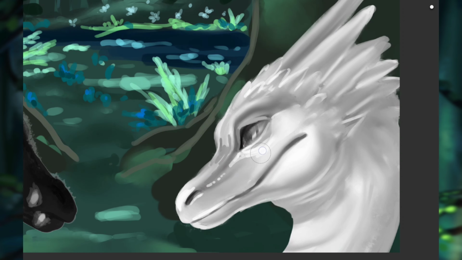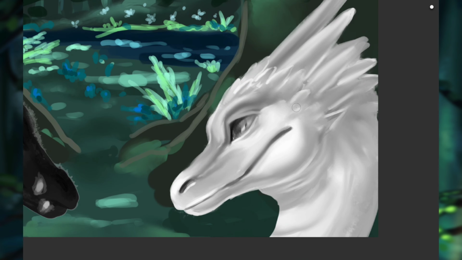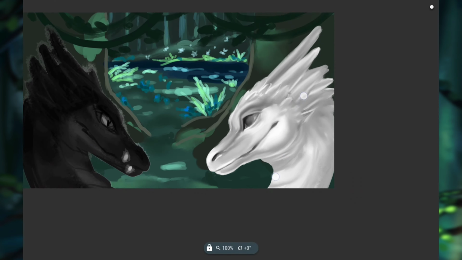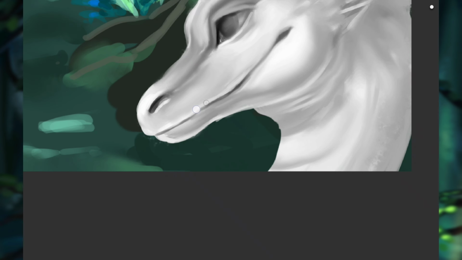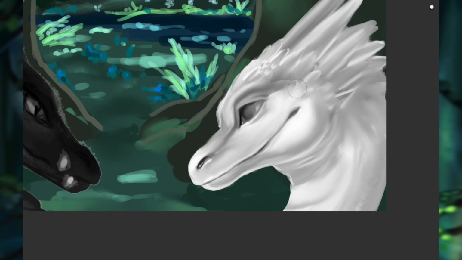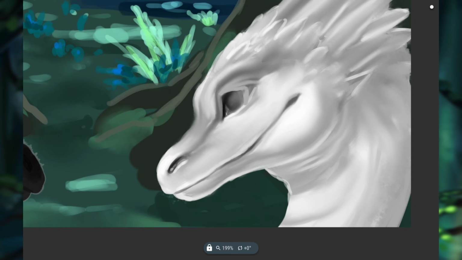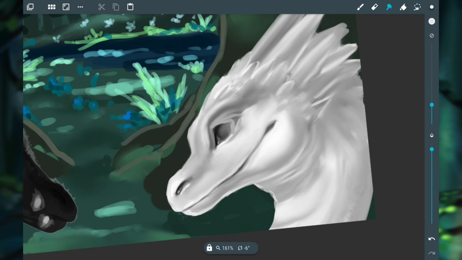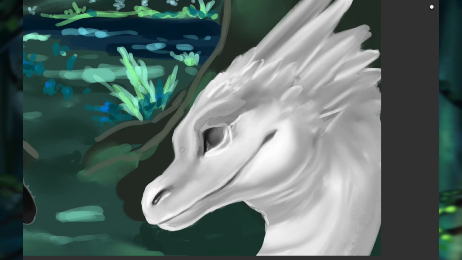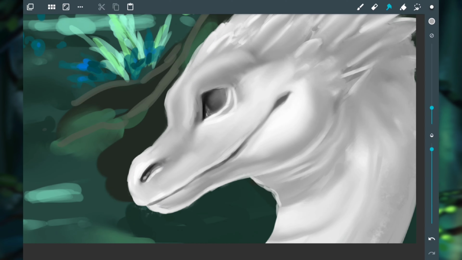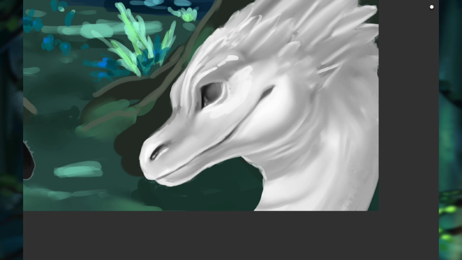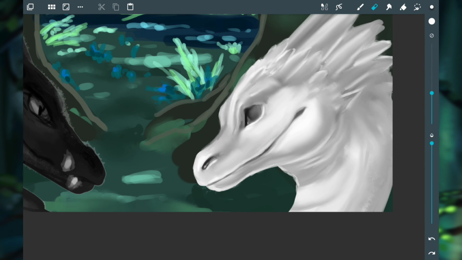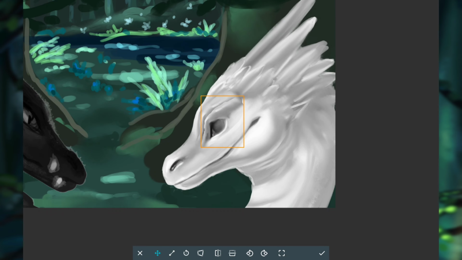It didn't take me a huge amount of time to do, but I did struggle with the white dragon more than the dark dragon. I was painting it and the face just felt really flat, and I did want to sort of up my game a little bit on dragon faces in general, so I decided to look up some references to see what I was missing out on.